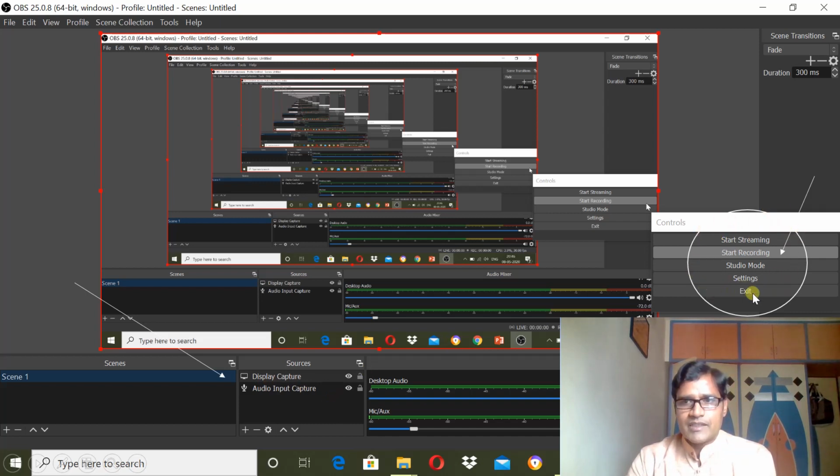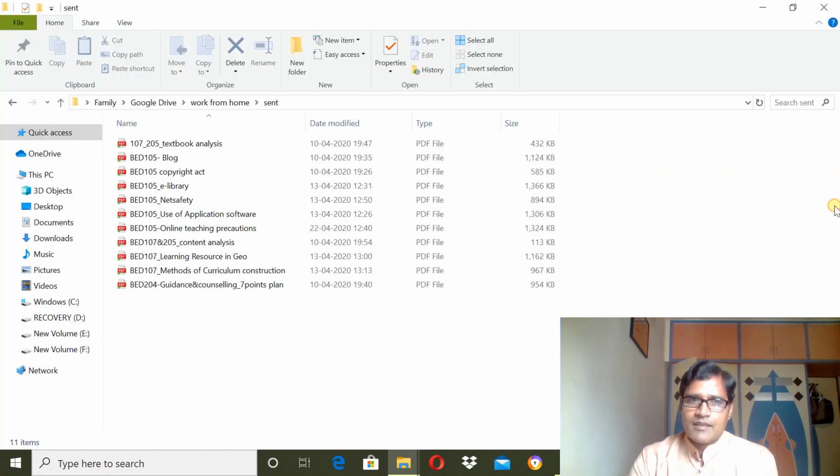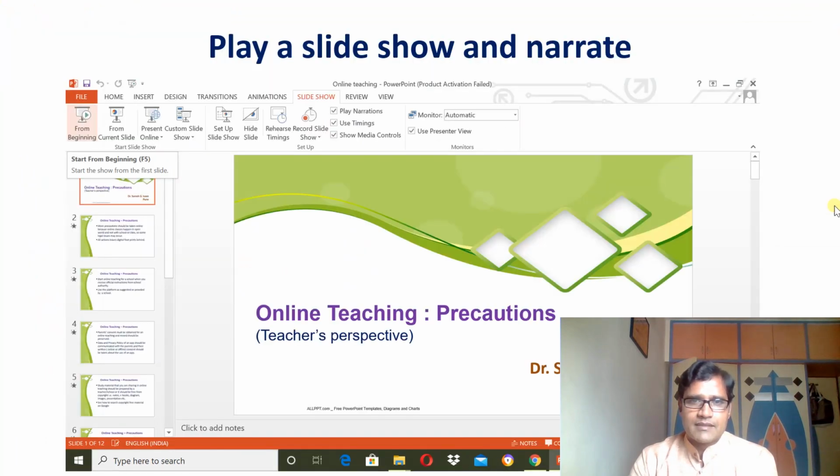Before starting the recording, just minimize your PowerPoint presentation that you want to show. Then click on start recording. Then select your PowerPoint presentation and play your PowerPoint show and explain each slide side by side.